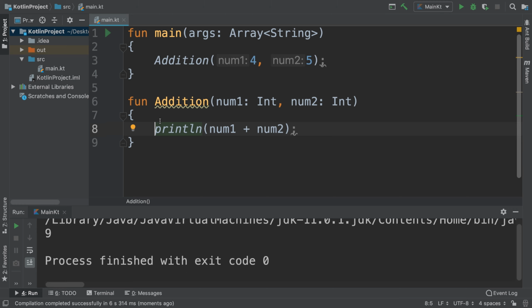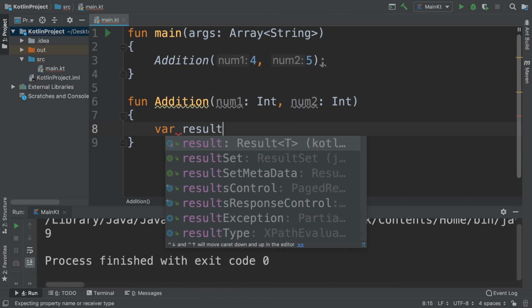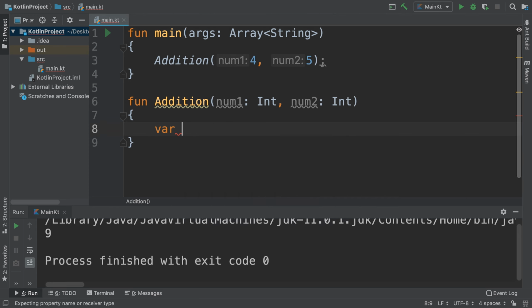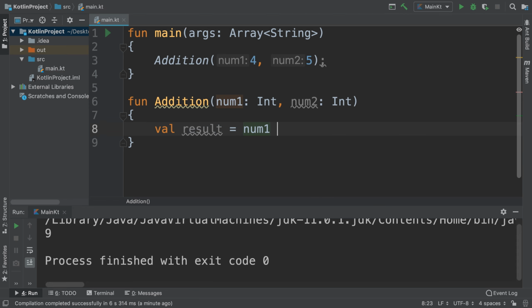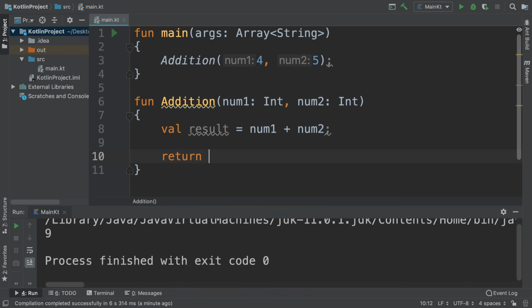So instead of this, we'll calculate it. So we'll do var result. Actually, as this isn't going to change, we'll do val result equals num1 plus num2. And now if we do something called return result,